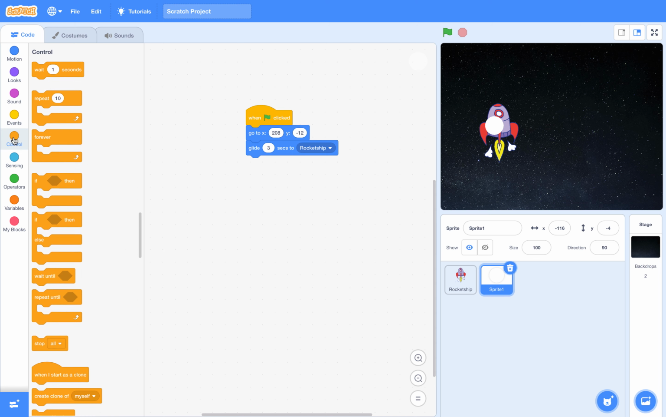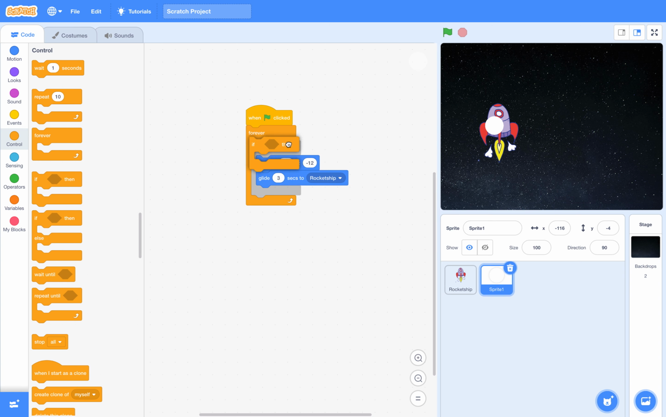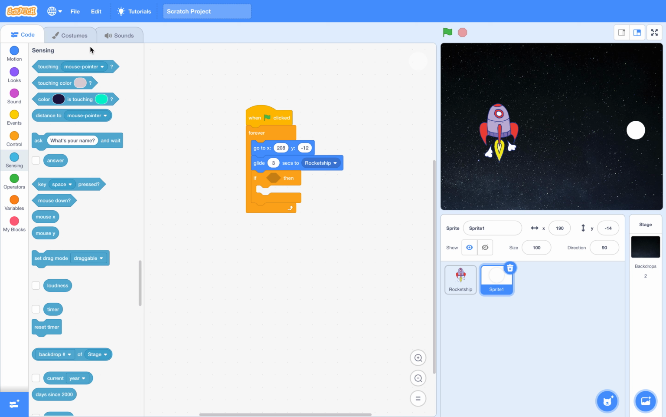So we're going to go to the control section, and then we're going to do forever. So we're just going to do forever, and then we're going to put an if in here. If this ball touches the rocket ship, we're going to have to go to sensing because this has to sense this. So if this thing senses the rocket ship,